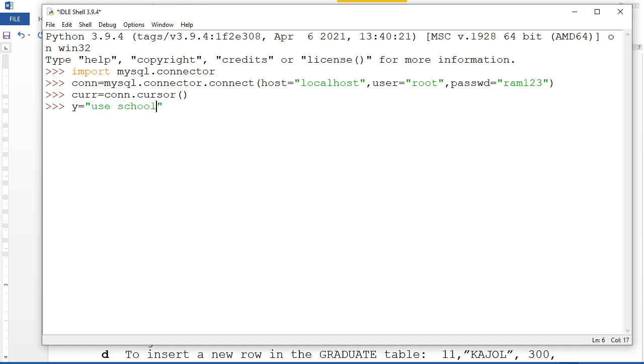Shall I write it this way, or simply write cursor dot execute, and then in brackets I write the command? If I write it this way, then there will be two statements: cursor dot execute, and in brackets y. That can be one possibility.